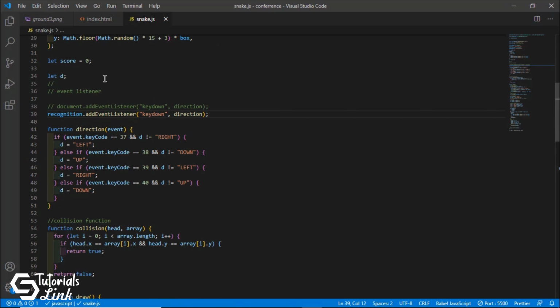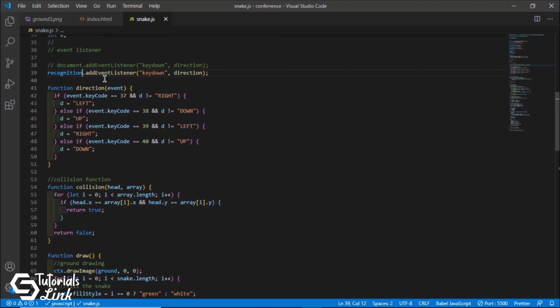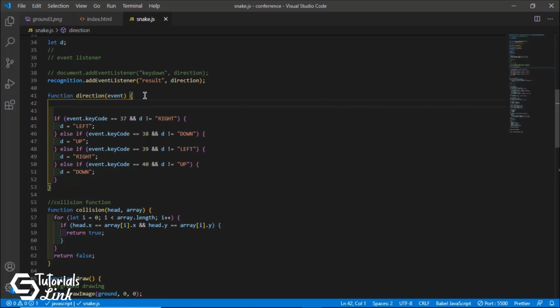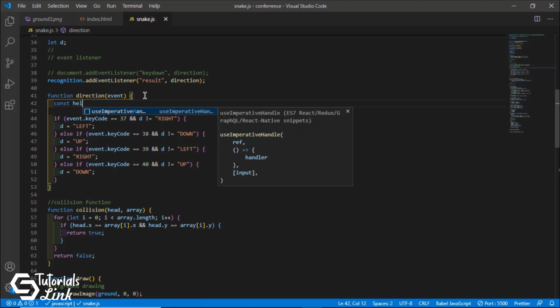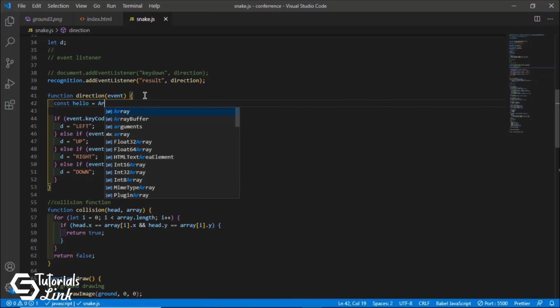So basically it is on window, so we don't need the document any further, and here it won't be key down. So what we will use is result, and simply it will call the direction function, and inside the direction it has an event, but this event has to be refined. So how will we refine? Let's say we declare a variable, hello, and inside this hello we will have Array.from,